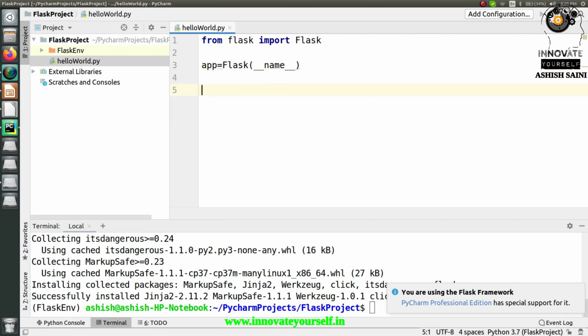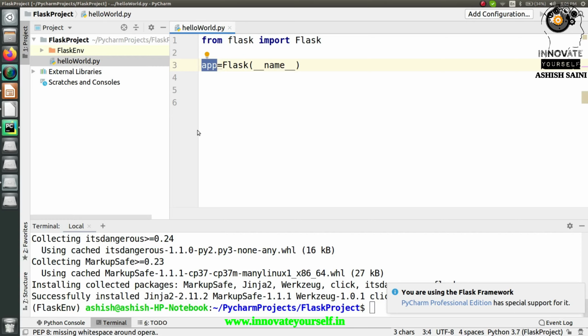And after that, because we have to create the first application, we have to create a function. But that function is not directly created. That function will be created with respect to this app that you have created here, because this is going to give you the routing, or you can say this is going to give you an API with the complete path for that.